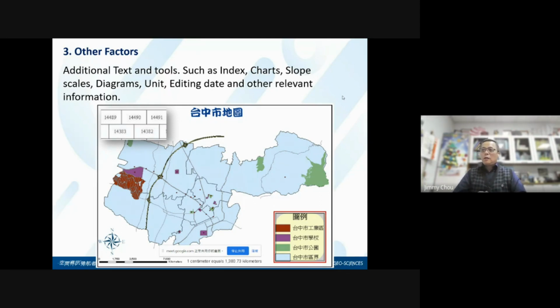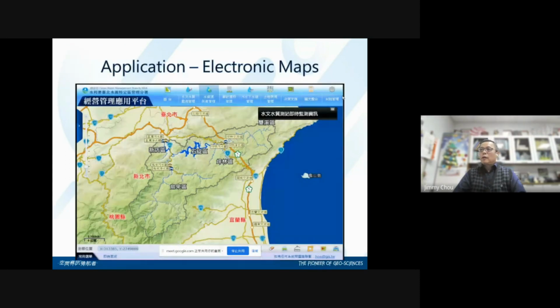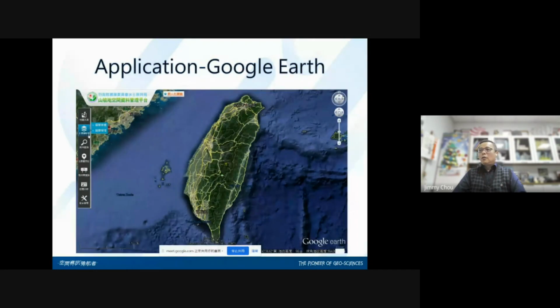So that's how we say GIS, the spatial information, everything is joined together, the graphic information with the attribute information. When we use this, we can produce electronic maps, because everything is represented by either 0 or 1, and it can be displayed. So this is a very simple way to display the entire area. This is also one of the major watershed reservoirs in the Taipei area. And also, if we're looking at the different